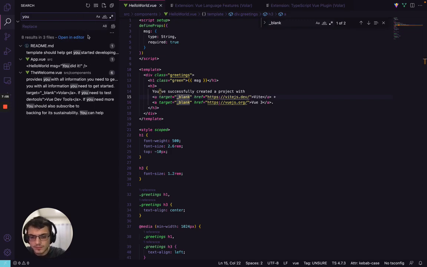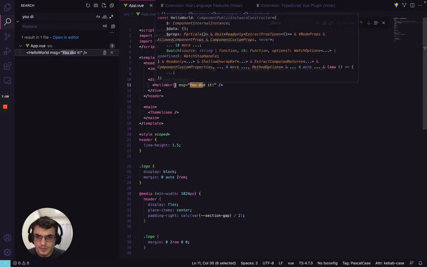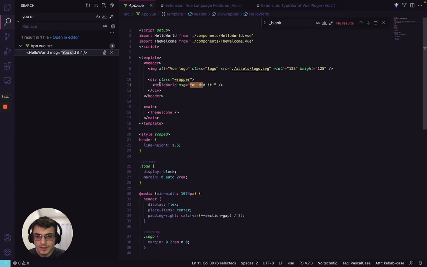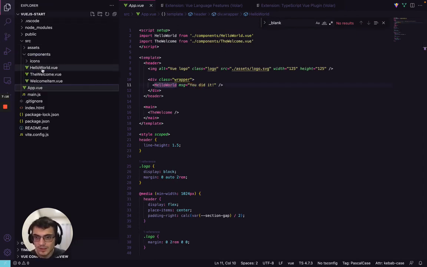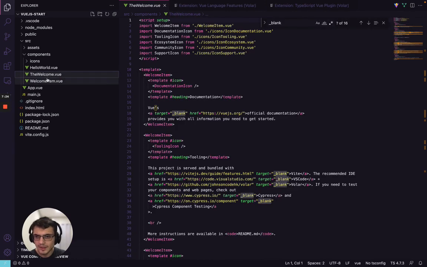Yep. So message equals you did it. So this is a component. Oh, so it's not really different from React because I'm more into React. It just creates a component